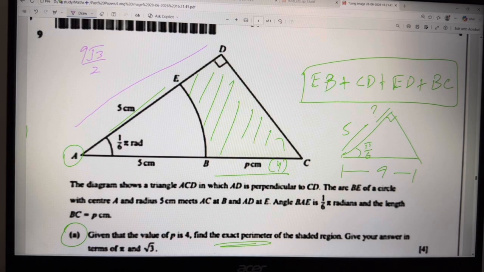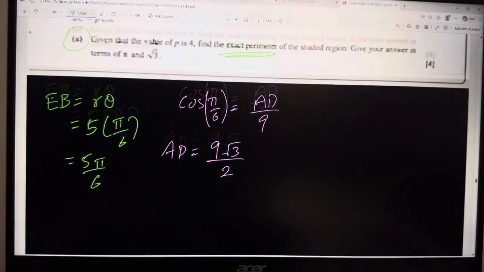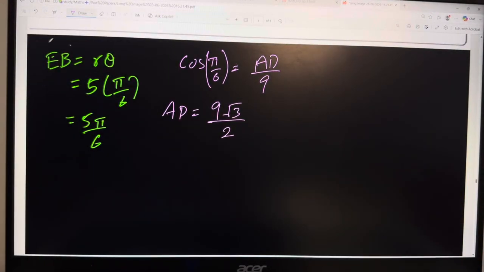But I want the perimeter of the shaded region, so I want this part. This part is all of this length minus 5, so we can subtract 5 from this equation. So we want ED, right? ED is equal to AD minus 5, which is equal to 9 under root 3 upon 2